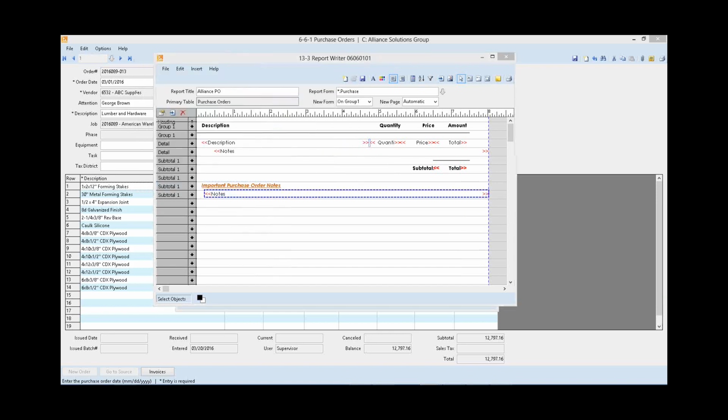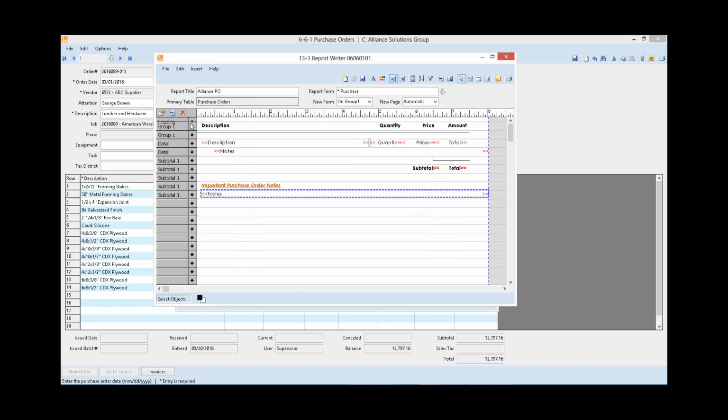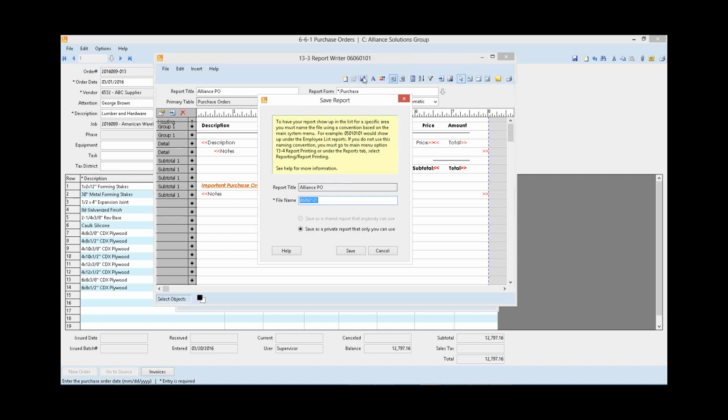And the actual note also. Okay. All left aligned. Perfect. Looks good. Great. I'm going to save it. Now, I want to point out that